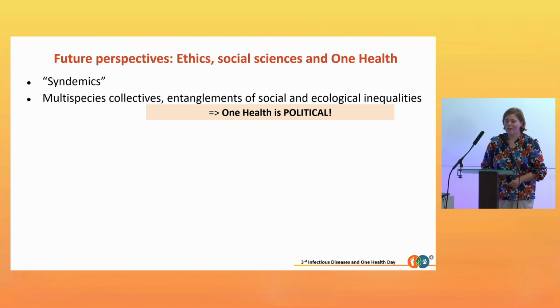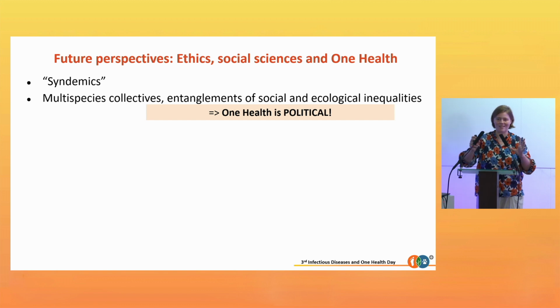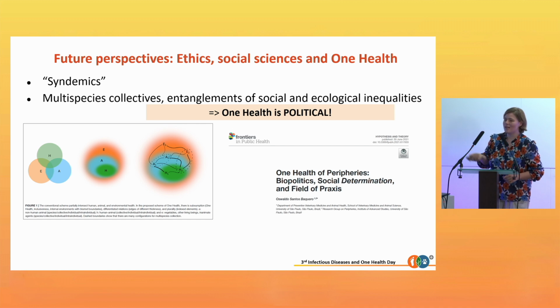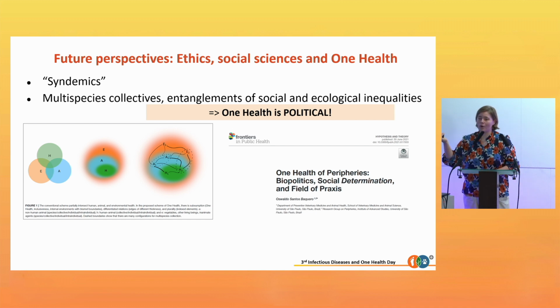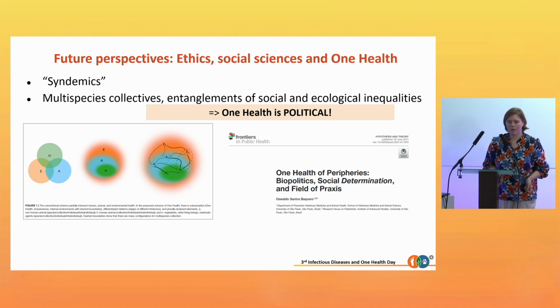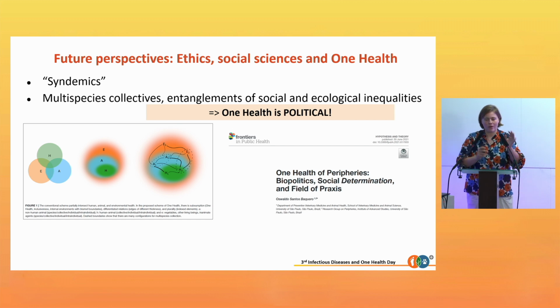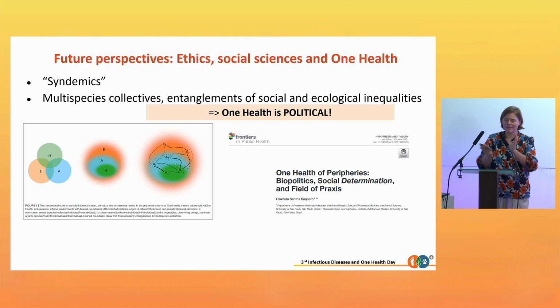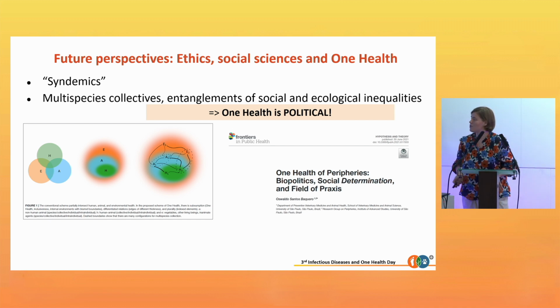And this means One Health is a political concept, and it is not just an apolitical Venn diagram linking those three sectors, but you have to think about it in a social scale. And there is an interesting concept, I feel, from Brazil that is called One Health of Peripheries, and that actually theorizes One Health more as entanglements of multi-species collectives that are more or less privileged in the social space, which is probably interesting to think about when you think about preventive measures and about trying to tackle those upstream drivers.